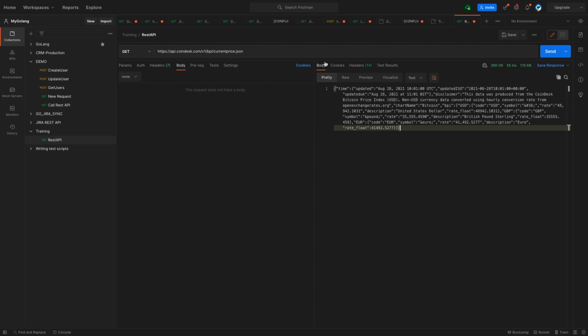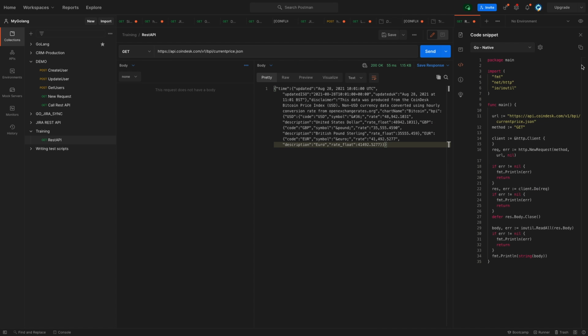Third step, now we need to generate the code. So on the right side corner, you see there is an option available called code. So you need to click on this button and bingo. So now you got this code. And what you need to do is simply copy that code.